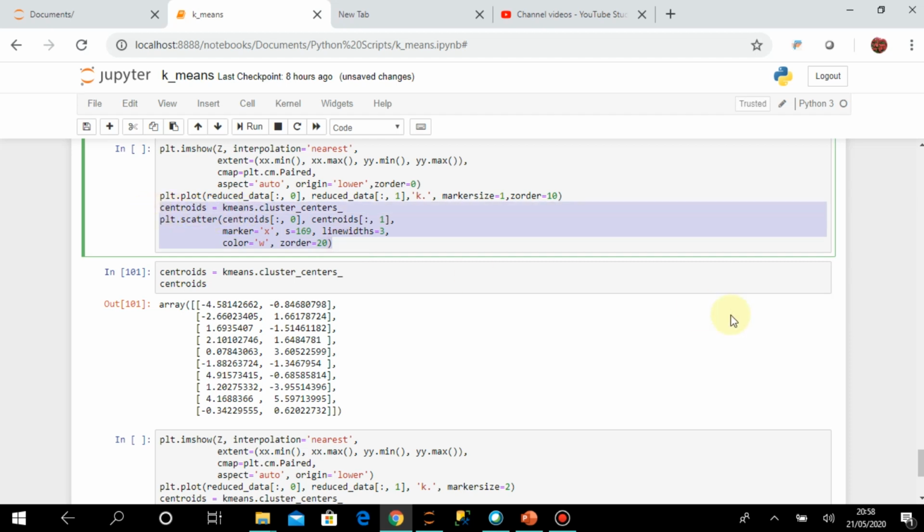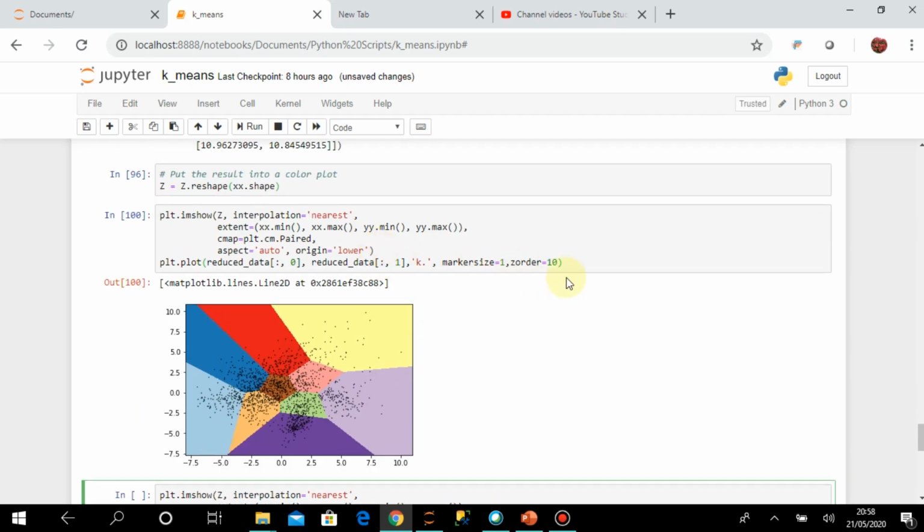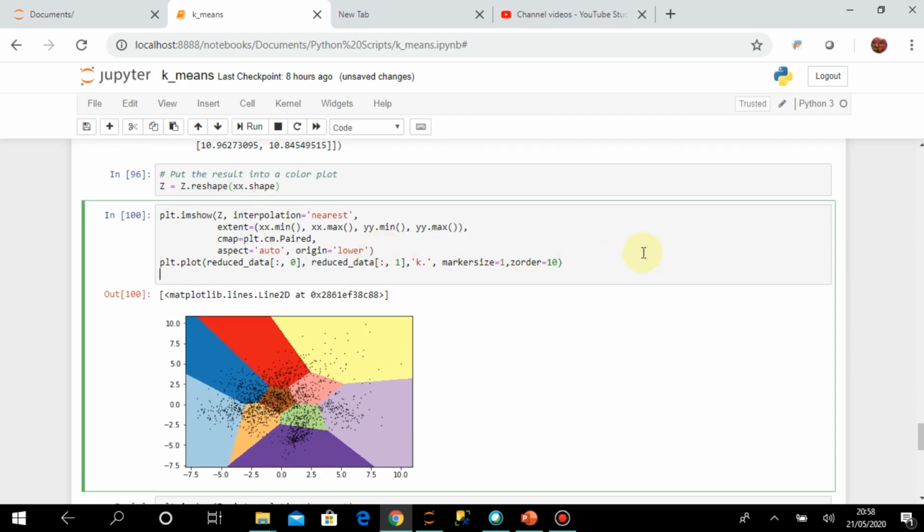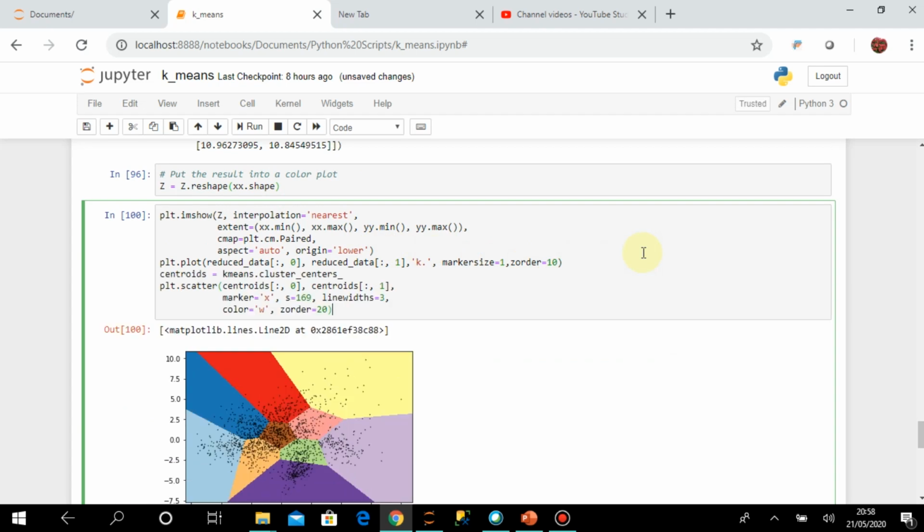I will just copy this part also and add it here, so everything is now together. First are all the coordinate values we had generated from meshgrid, which we have plotted in 10 different clusters. Then we have plotted all the reduced data features, now plotted in different colorful clusters, and then I am taking the centers and I want to plot them as well.